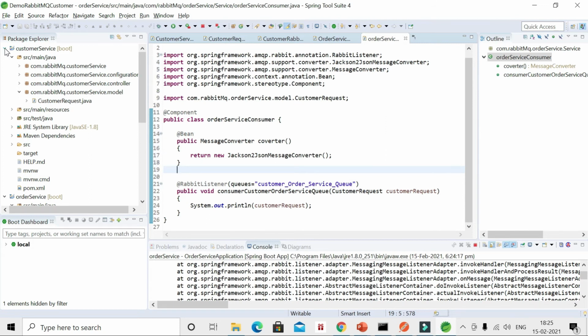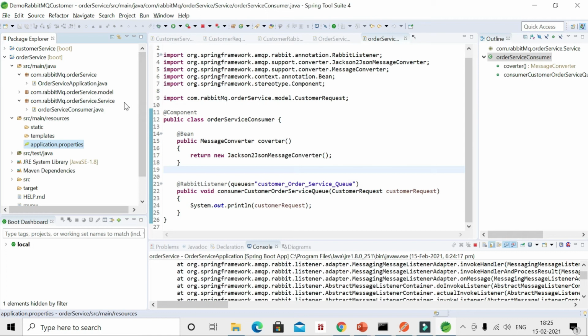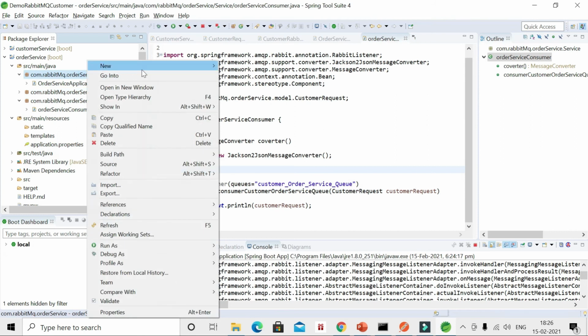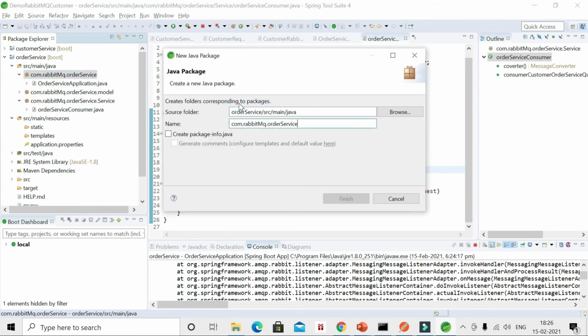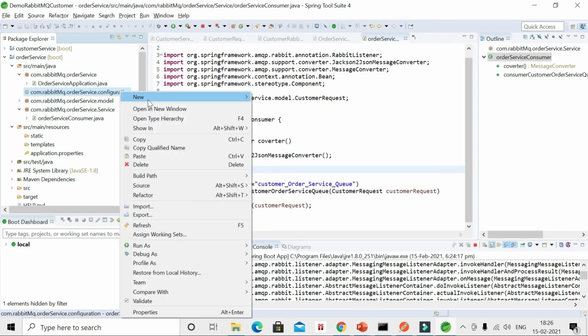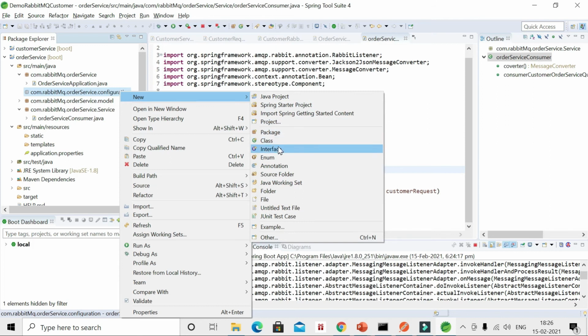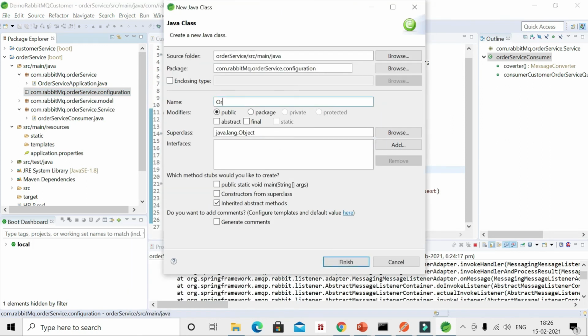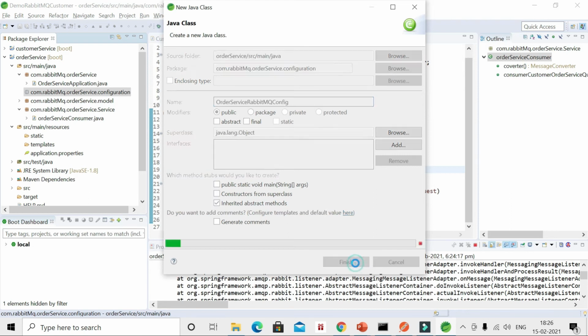Better, we can create one configuration class. So we'll create one package dot configuration, and we'll give the configuration class name like order service RabbitMQ config, finish.